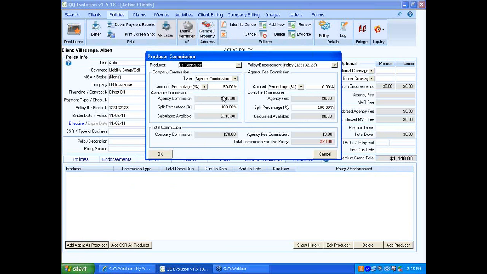Now the agency commission indicates here that it's $140. So 50% of that is what is being calculated for the producer's commission. And you can see that on the bottom here. So the total commission that is due for this producer is $70. Now on the right hand side of the